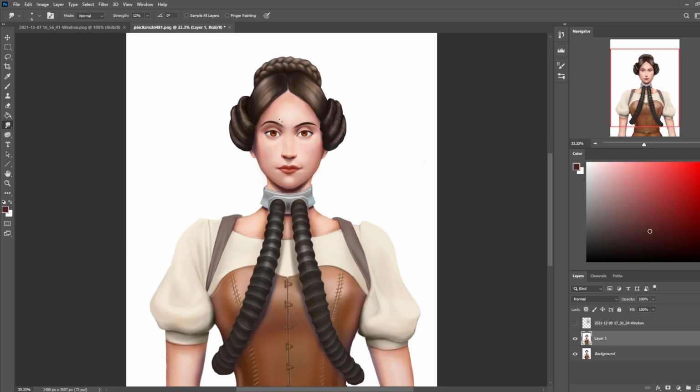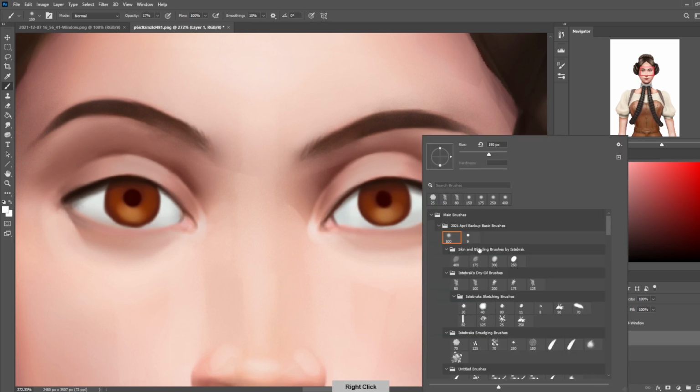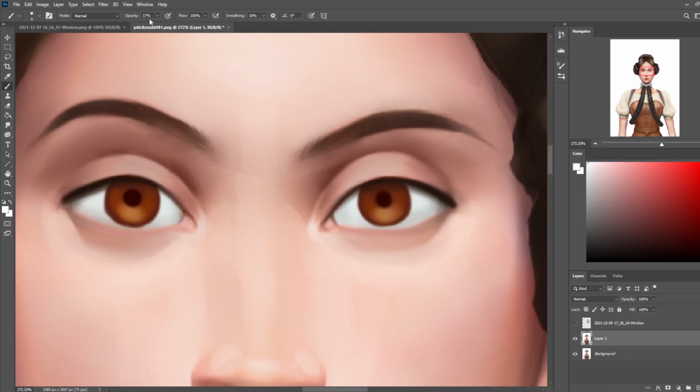And then the eyebrows feel a little bit unnatural, so sometimes I just get my smudge brush and let it hover on low strength over the eyebrows. They look a little bit more messy. They don't look natural when they're perfectly shaped like that. And I'm at 3%, and when it's 3%, you can kind of go crazy and get away with a lot. And then finally, with a hard round brush, I'm just going to stipple and click in the specular highlight